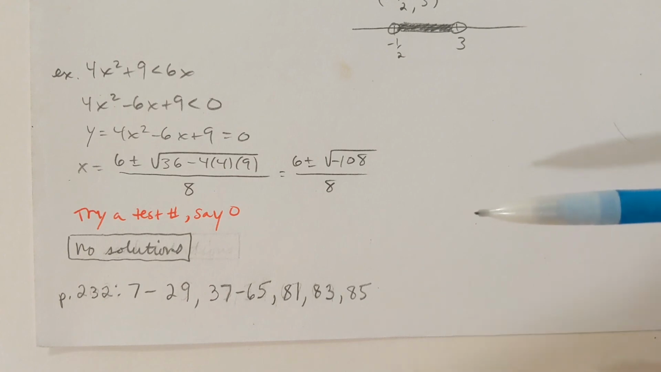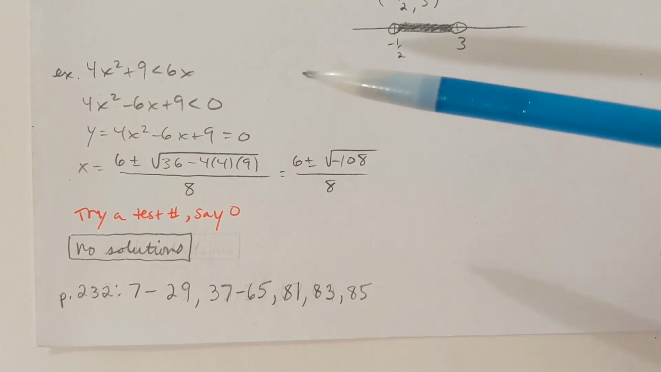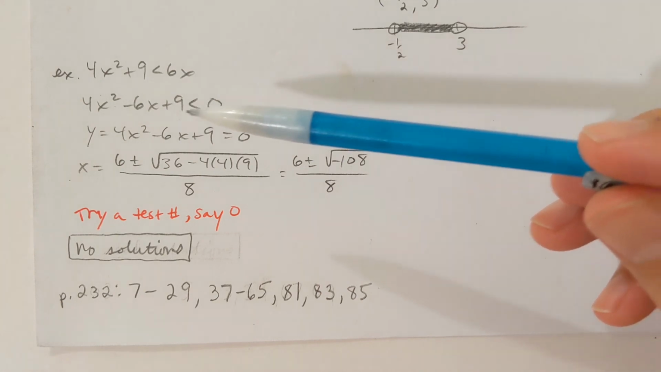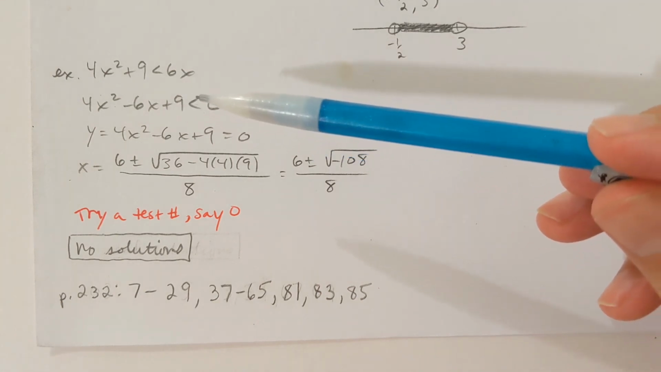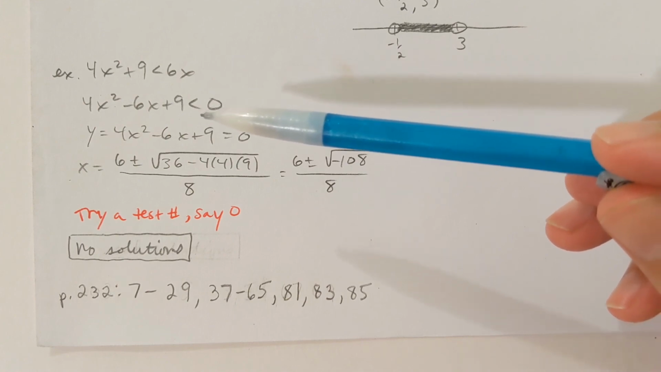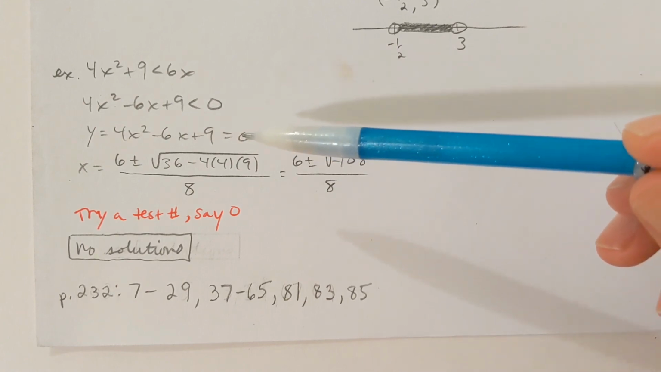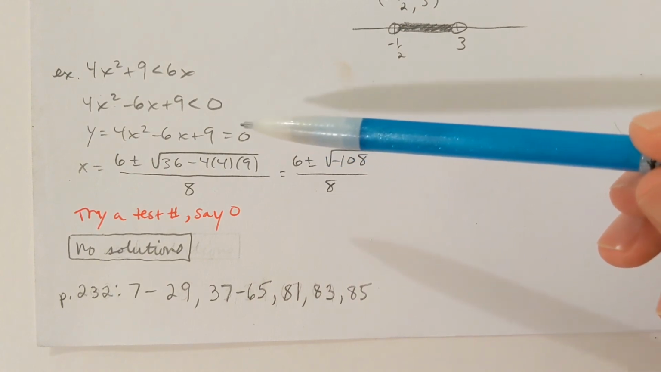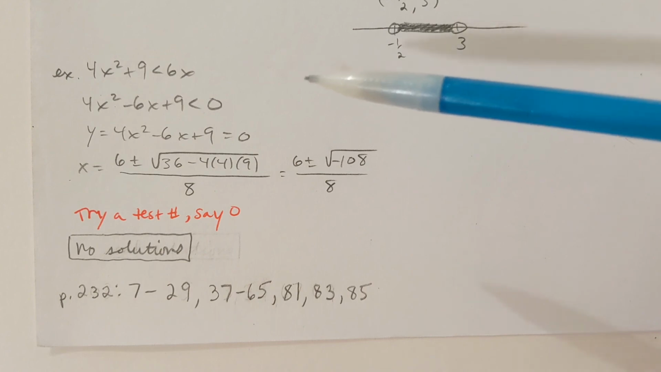Okay. One more example. If we want to solve 4x squared plus 9 less than 6x, let's get everything on the left. 4x squared minus 6x plus 9 less than 0. And I'm going to call that y and set y equal to 0. And just to play around with the factors here,